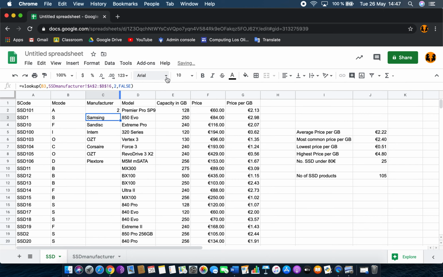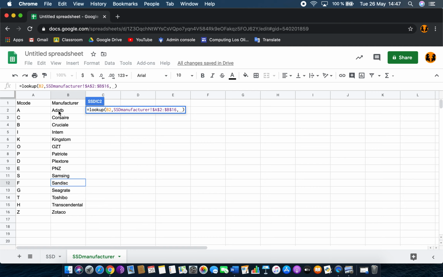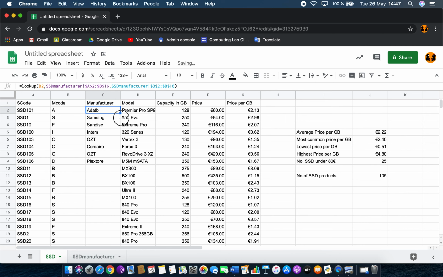If I put a 2, it's just going to come up saying 2, so it's not an index, it's not the same. What I have to do is put the range of cells that I want, and I'm going to make that absolute again. So that is the whole table, the purple bit is all of this, and then the result range is these ones over here. Now, if I then run that,